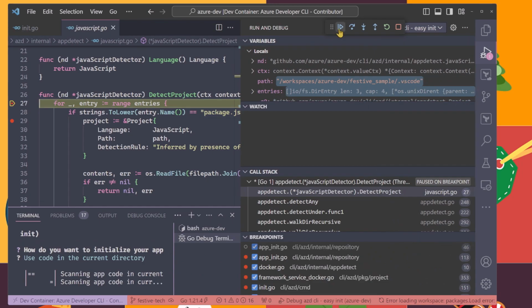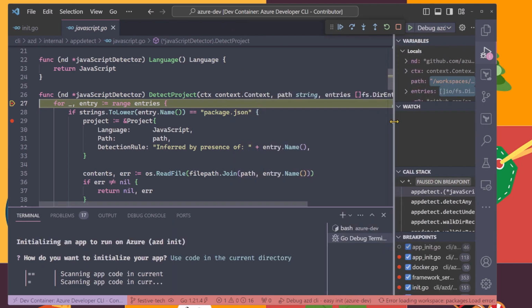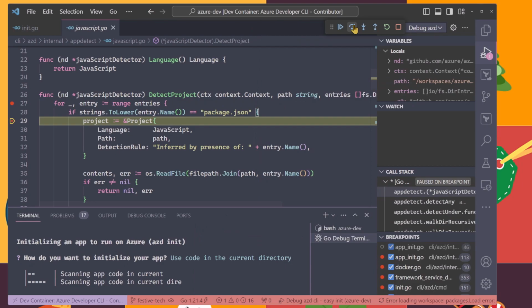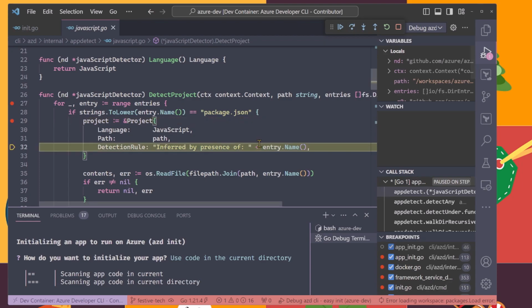So we have the .vscode, we have the app. It won't be happy there. Oh, we have the app API. Now this might make sense to go in. And now it still doesn't find anything. That's weird. I didn't find anything. It went through the different entries within the directory, of course, and there it found now a file that's called package.json, and it now clearly states that the JavaScript project or the language was inferred by the presence of a package.json, and then it continues with its heuristics-based evaluation of the projects,